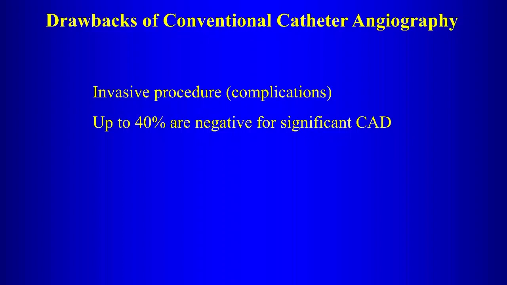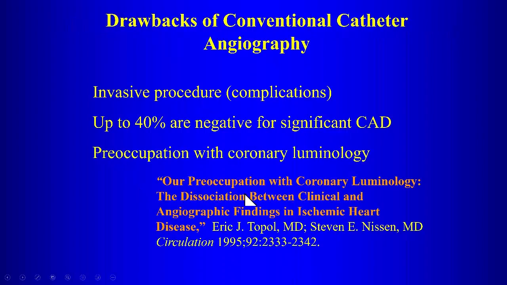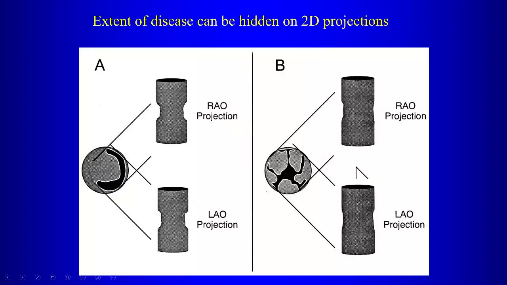intervention. So the idea is, if you're going to send a patient for an invasive procedure, you want to send them for a procedure where they're going to do something like put in a stent or find something that's more likely to require treatment, rather than a negative study where they're not going to be doing any treatment. Another problem is that coronary catheter angiography only looks at the lumen of the vessel, and that can